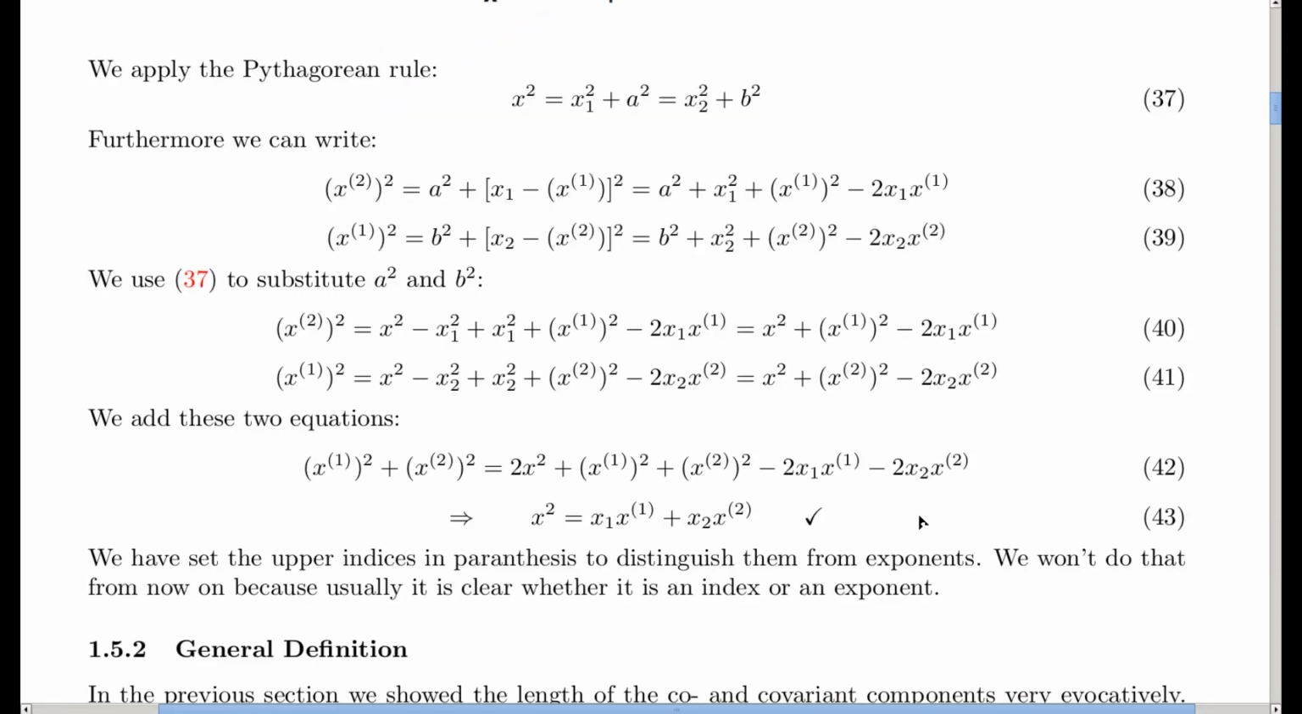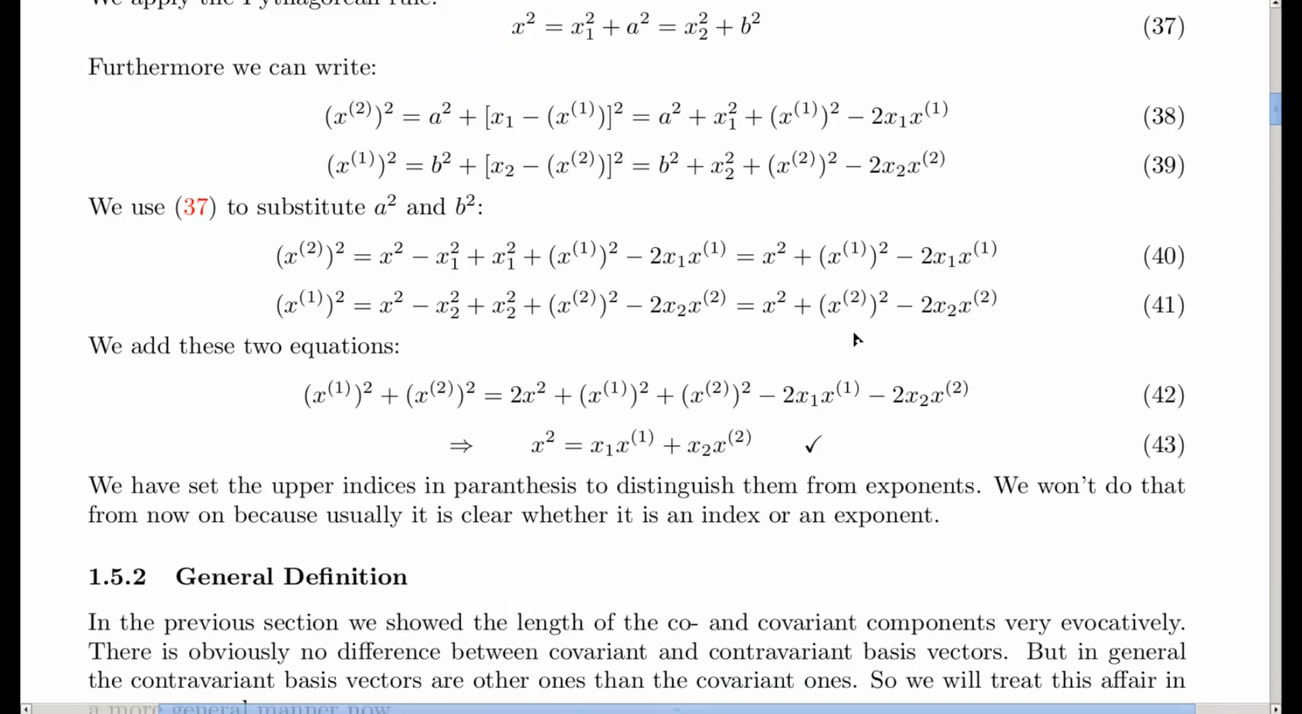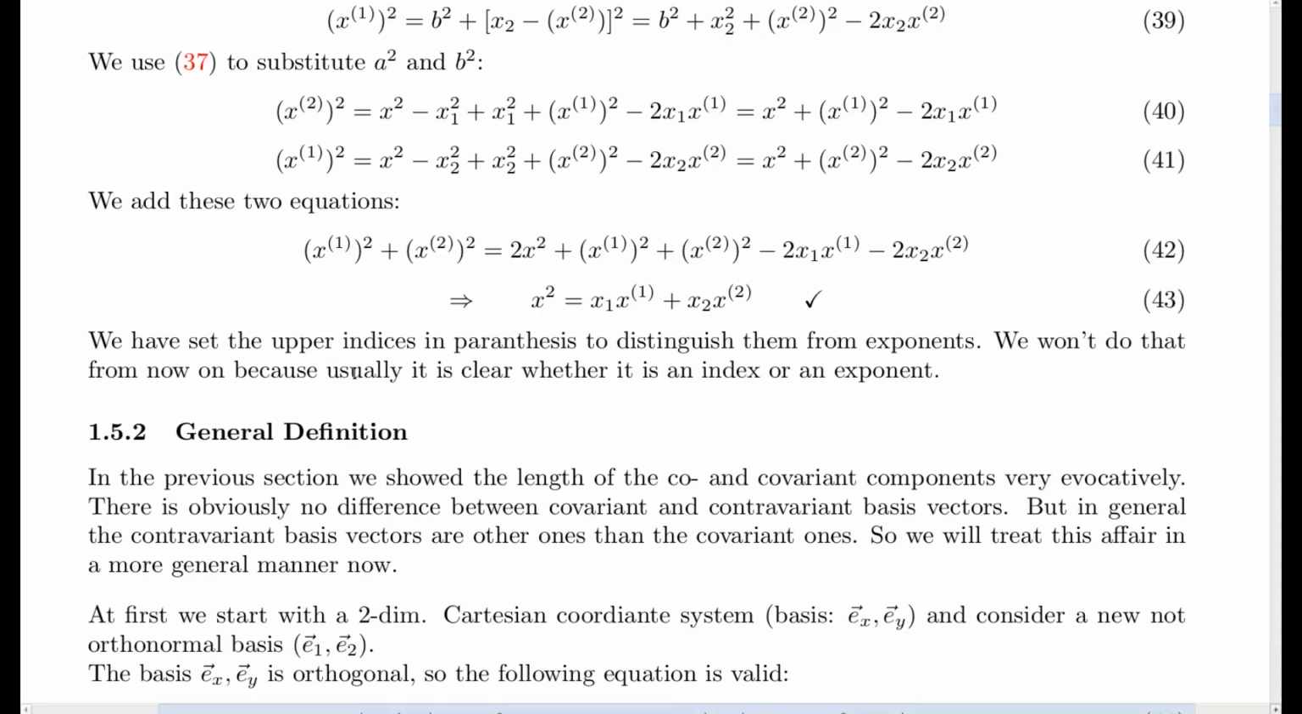Then we add the two equations. So that means on the left hand side we have x1 contravariant squared plus x2 contravariant squared. On the other side here we have x squared, that means 2x squared, and the other terms here together on the right hand side. Now we see x1 contravariant squared and x2 contravariant squared are on both sides, left and right, so we can cancel them out